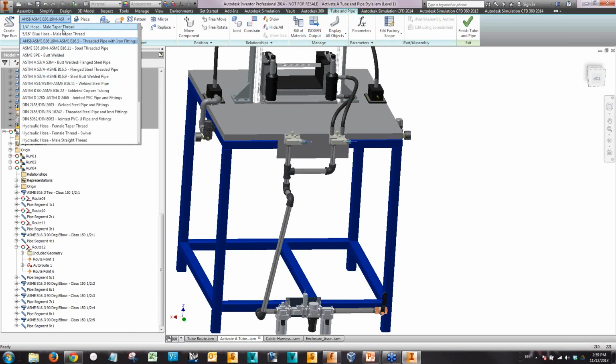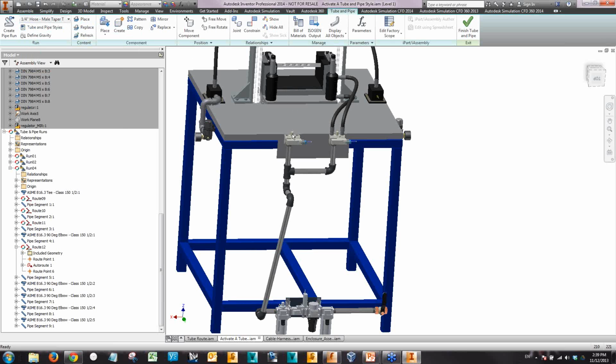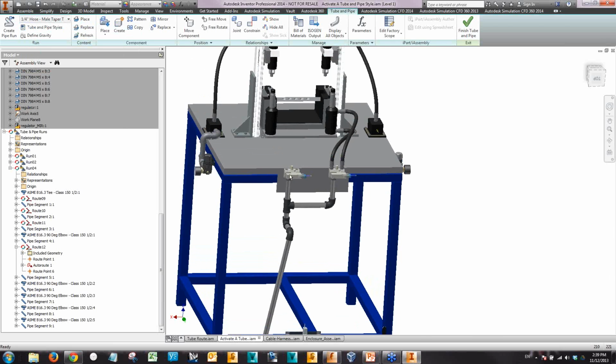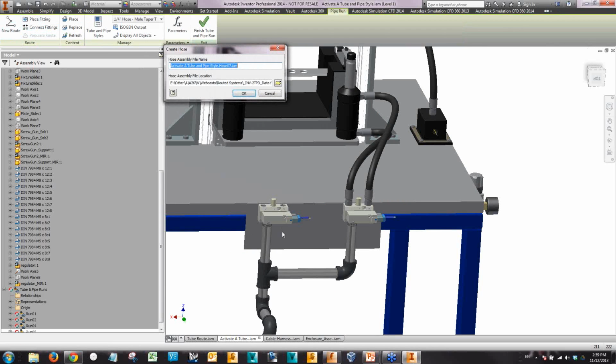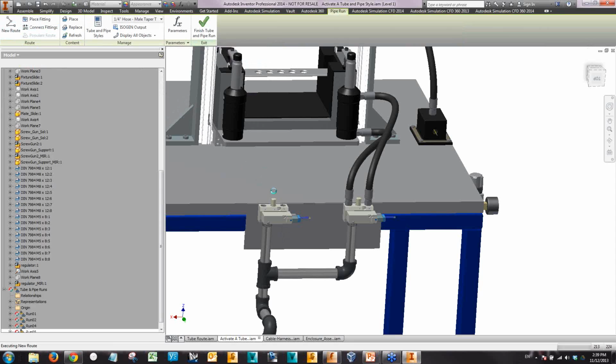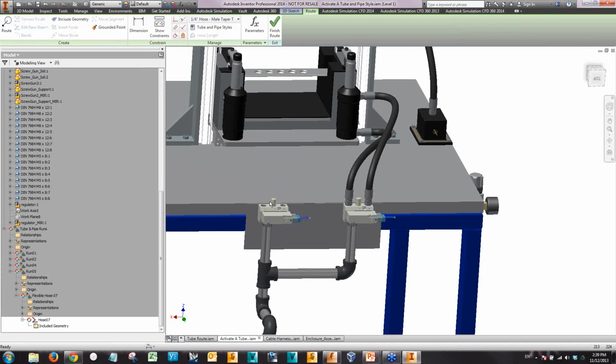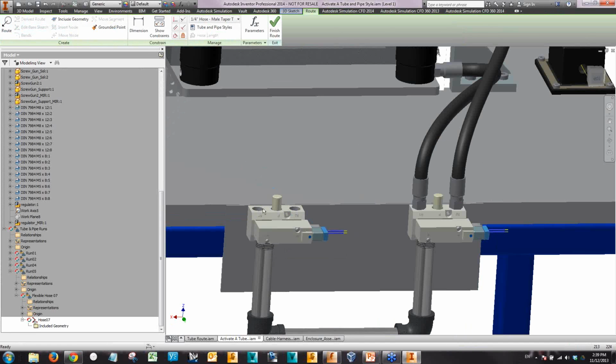Let's change our style to, let's say, 1/4 inch male taper thread to finish off the hydraulic fittings on the top of this assembly. So again, the same procedure. I'll click Create Pipe Run, tell Inventor that I want to create a new route, and tell it the 2 different points that I want to route to and from. So when I click on Route,